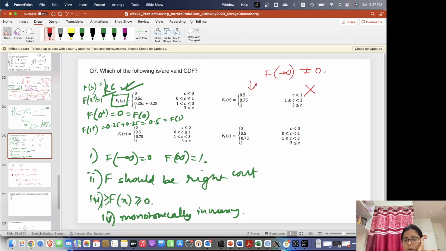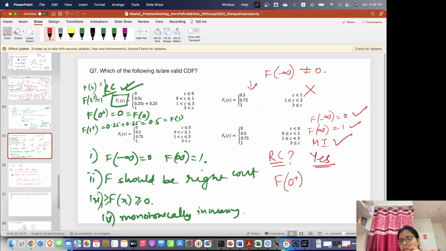Okay. What about this one? Is it a CDF? F of minus infinity equal to 0, it holds. F of infinity equal to 1, this also holds. Monotonically increasing, that also holds. Right continuity, yes, that also holds. Why? Because here for F0 plus, the equal to sign is here. So if x is slightly greater than 0, this is 0.5,